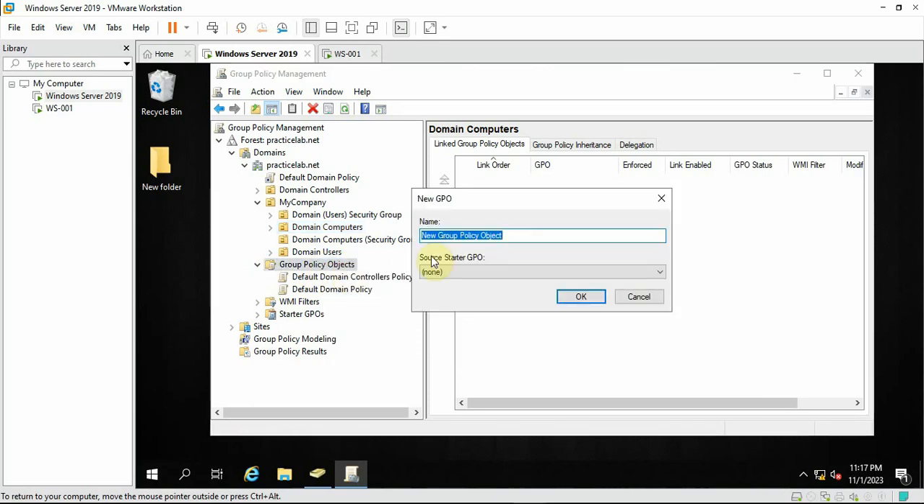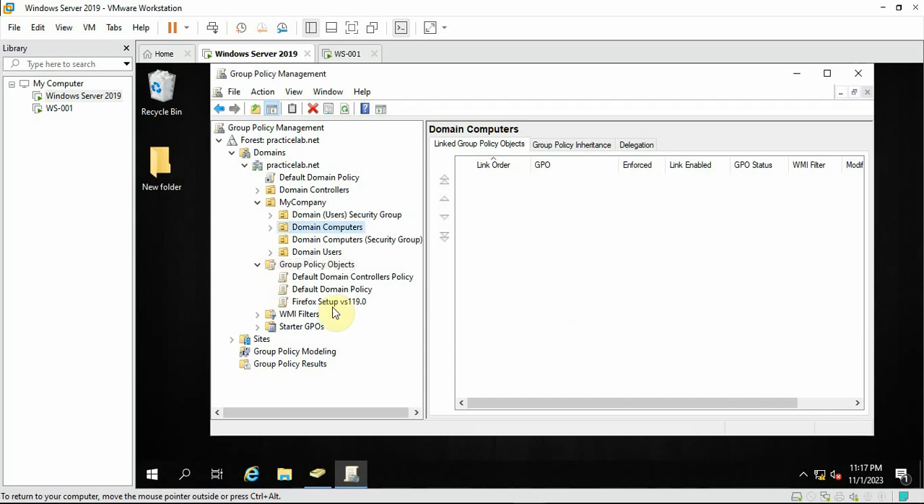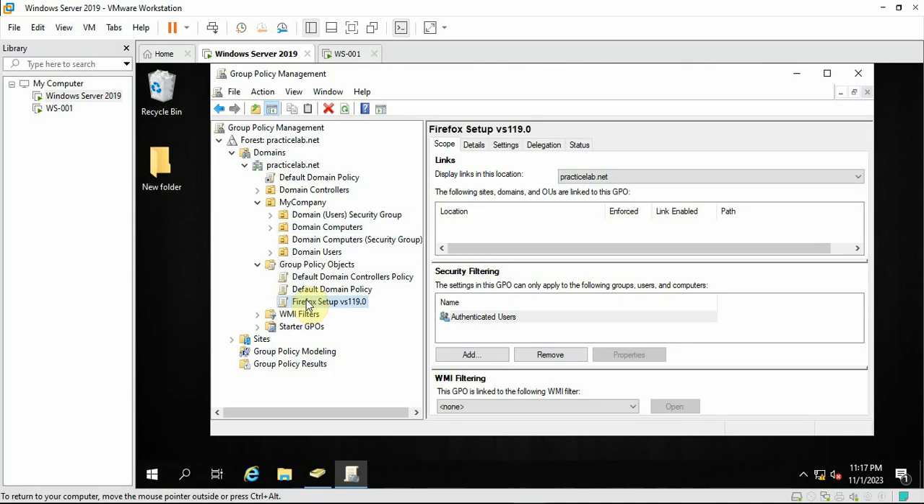So let's say Firefox setup. Then I'll click on OK. I think the version is 119.0. In case of any updates we will verify. So with this one